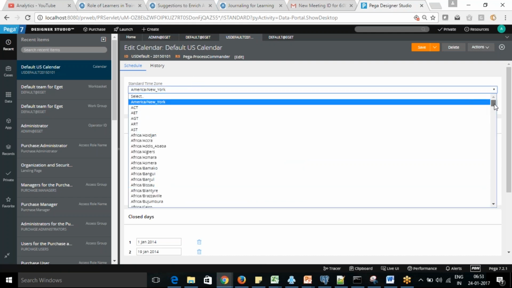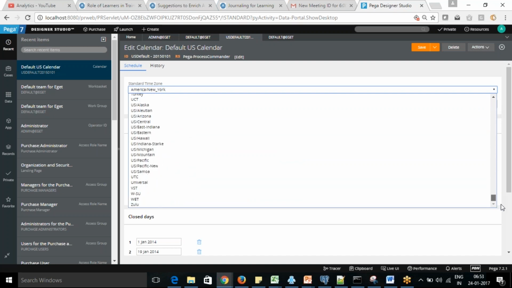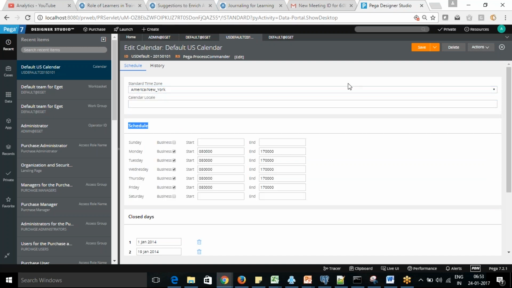You mention those things here, and which time zone you are going to follow. You can see a lot of time zones are mentioned here. That depends on the company: if it is a global company, they have offices in the US, in the Middle East, in Southeast Asia, in Japan, Australia, and everywhere the timings are different. So if I'm assigning one work item from the US to Japan, it will depend on when you are going to assign the work. Okay. So we can mention what your work timing is, when you are going to start and when it's going to finish.